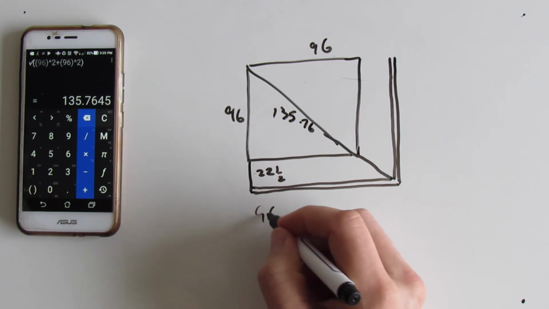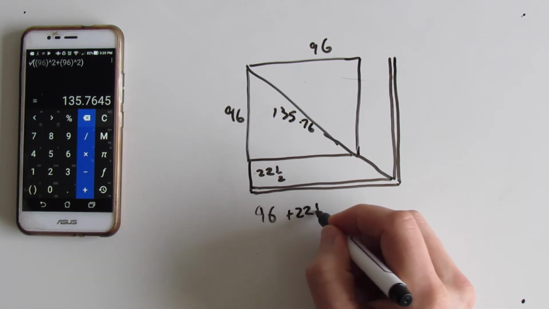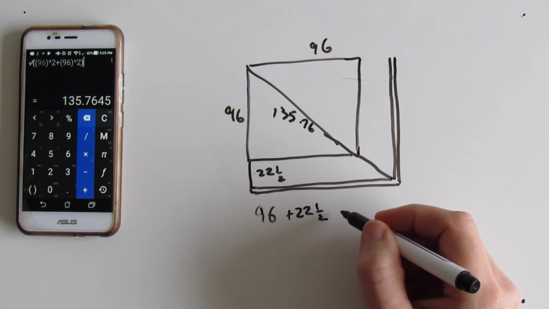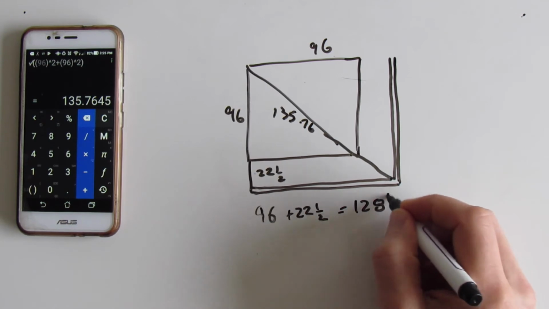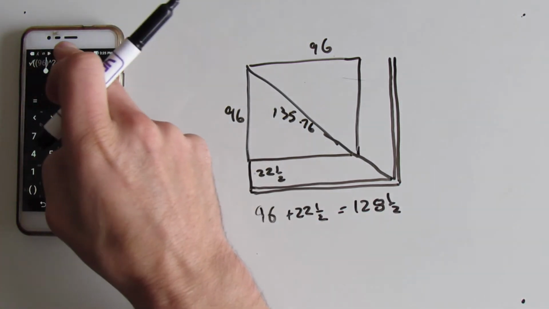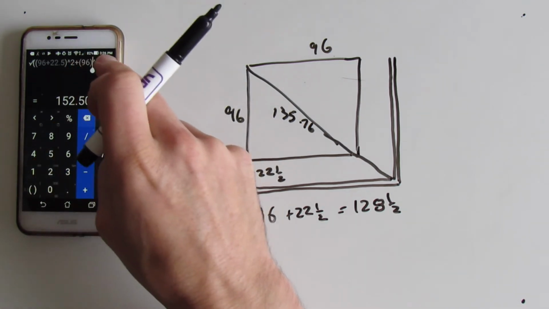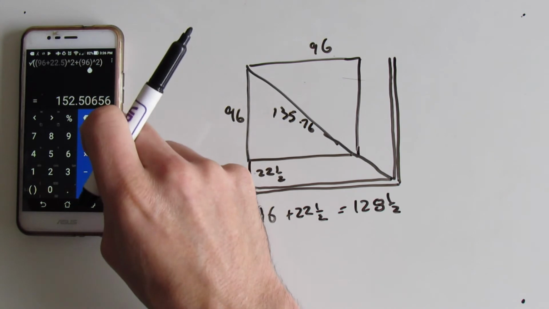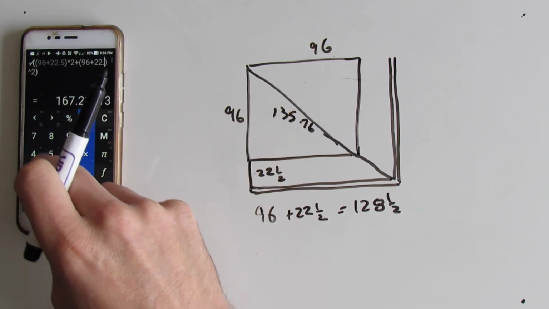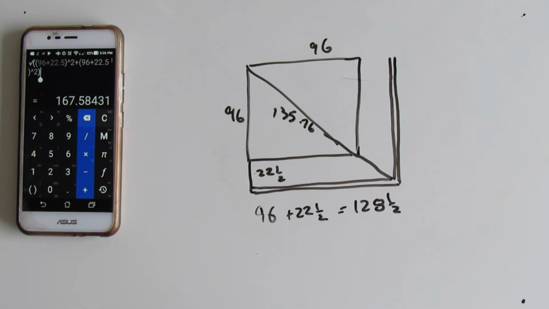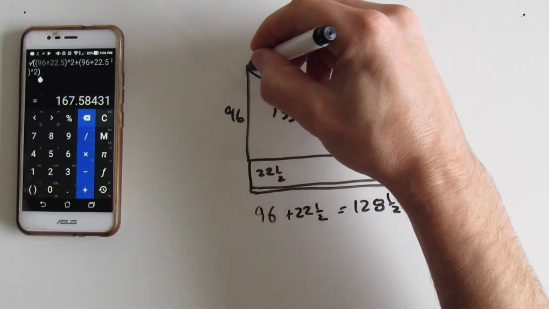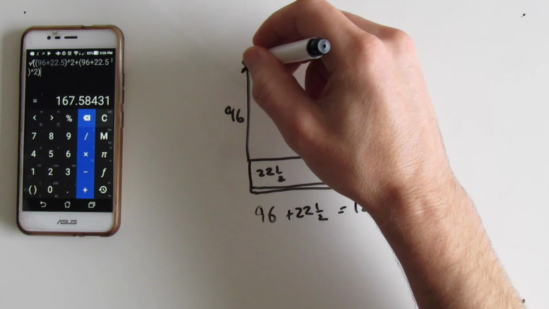So we have 96 plus 22.5. It's going to give us 108. Is that right? No, 121, 128.5. So we can put that value in here. We could even just add plus 22.5 in here. Plus 22.5. So that means that this overall length from this point, which is the top of your hip,